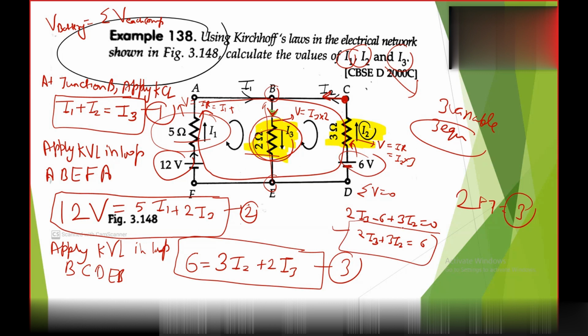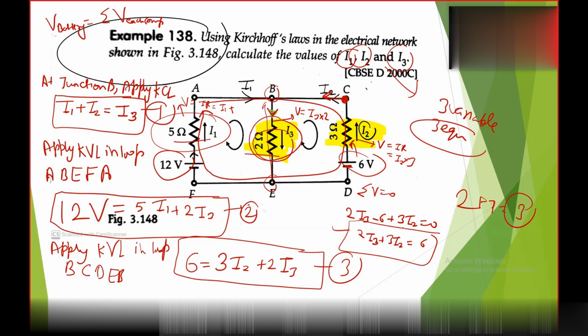I've used the concept that whatever be the total energy you are getting from the battery, that is 6 volt. मैं अभी के लिए एनर्जी को पोटेंशियल भी बोल रहा हूँ कंसिडरिंग चार्ज इज इक्वल टू 1, ताकि आपको समझ में आए कि हो क्या रहा है. देखो 6 वोल्ट की एनर्जी आपको अगर मिल रही है so it will be consumed across two resistance which is 3 ohm and 2 ohm. So we are getting energy from the 6 volt battery and that would be used across the 3 ohm and 2 ohm, and it will be equal to 2I3 and 3I2 means V equal to IR we have applied there.